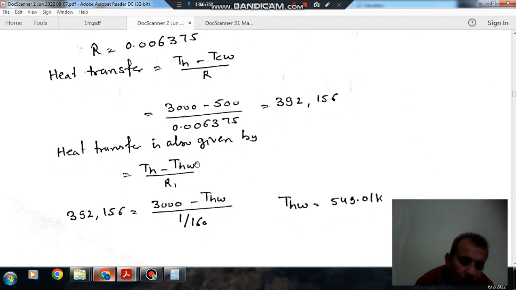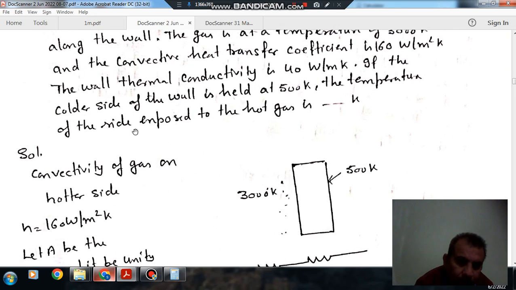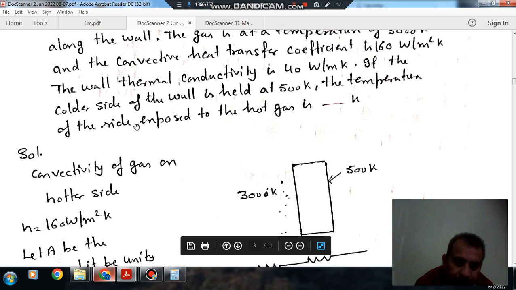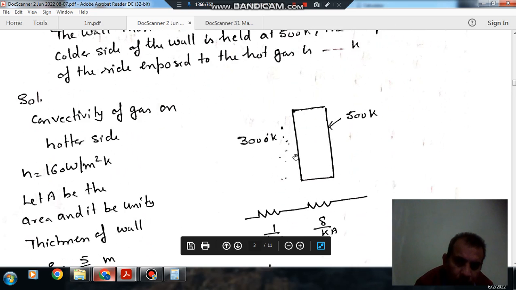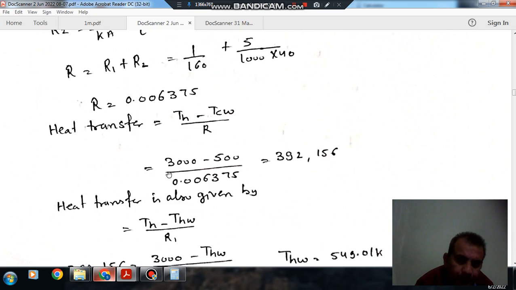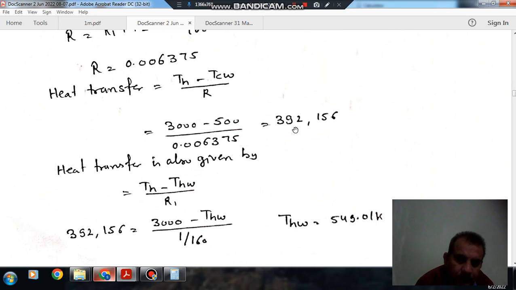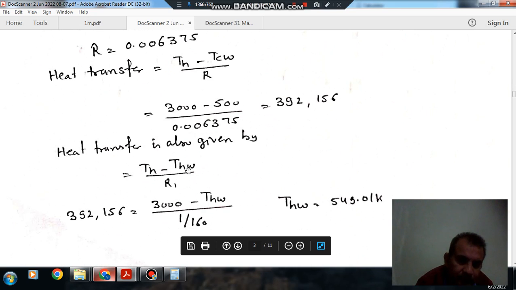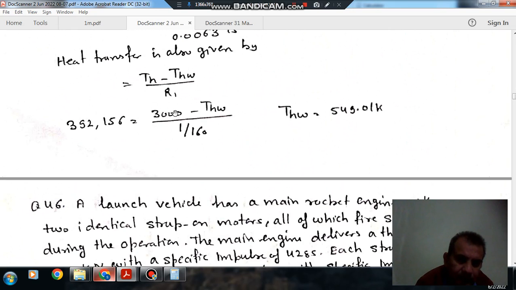Now we have to find out the temperature on the side exposed to hot gases. So we have to find out this temperature. Here there is one resistance, that is the convective resistance. The temperature here is 3000, and here it is THW. So (TH minus THW) by R1, taking this resistance only, we can find out the heat transfer. So TH is 3000 and THW we have to find out,